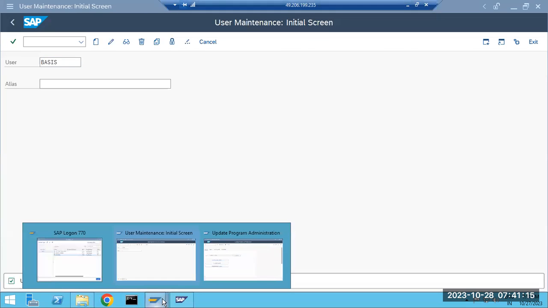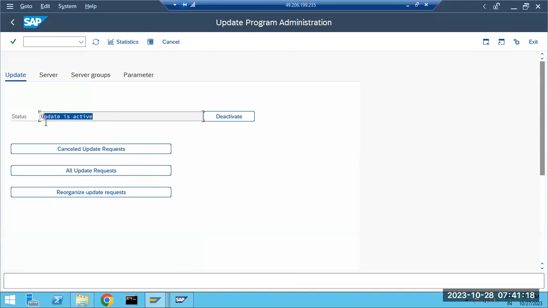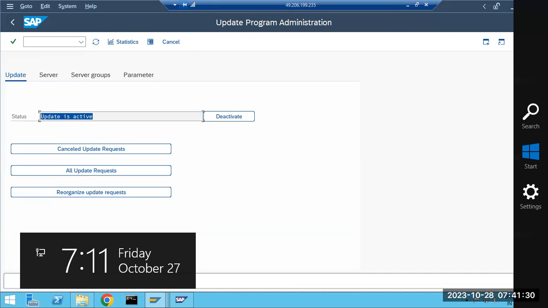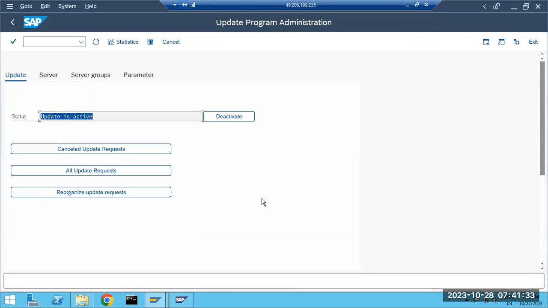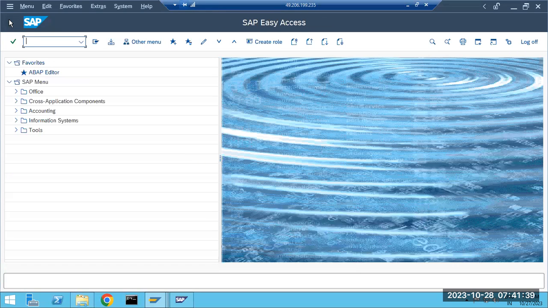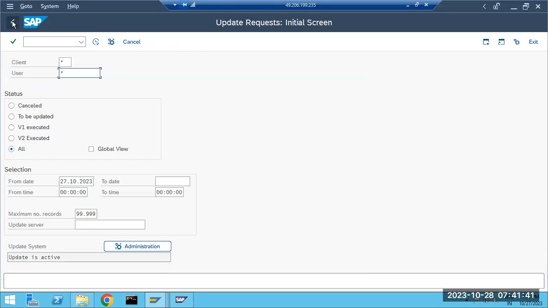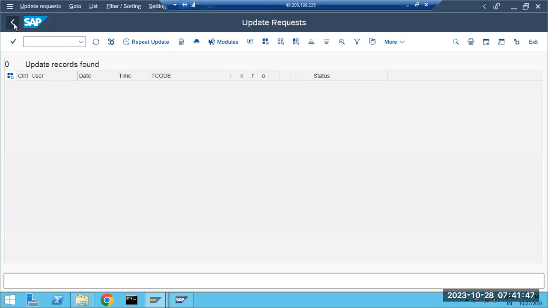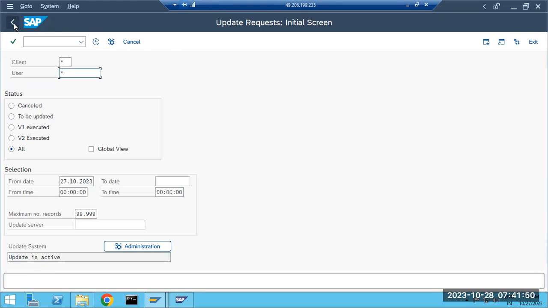Previously, why did it not get created? Because update was deactivated. Update work process is deactivated, so it did not take care of your request. Update is the main process to handle the request here. Just click it, and if we go to SM13 and see, we can find out, now you see anything stuck? Nothing is stuck. Why? Because update processed your record into the DB level, so nothing is stuck here.